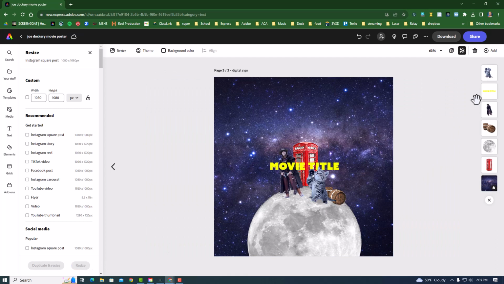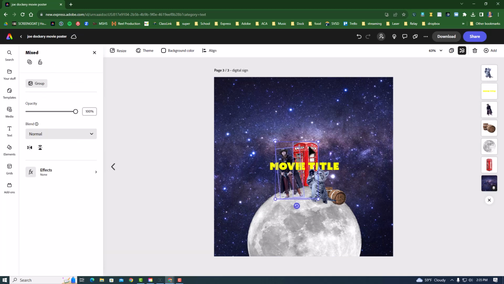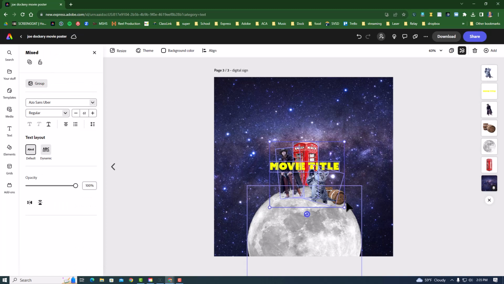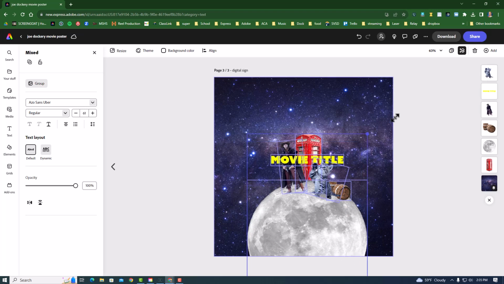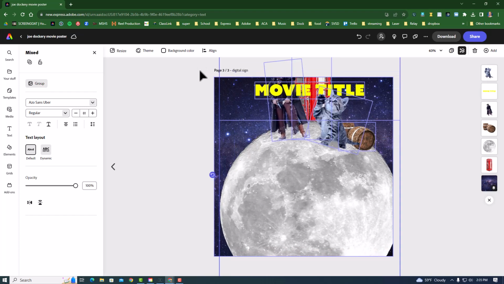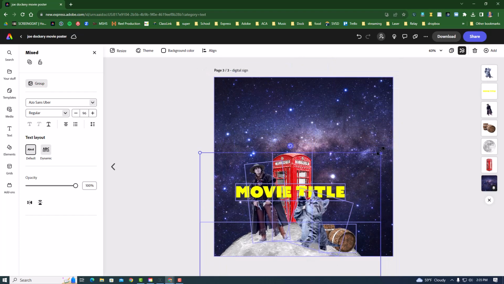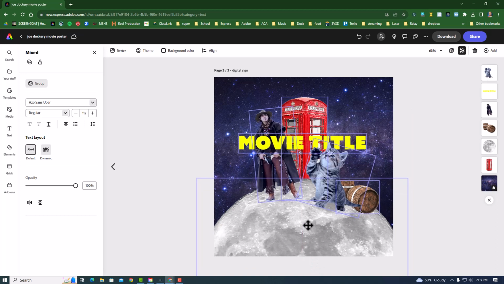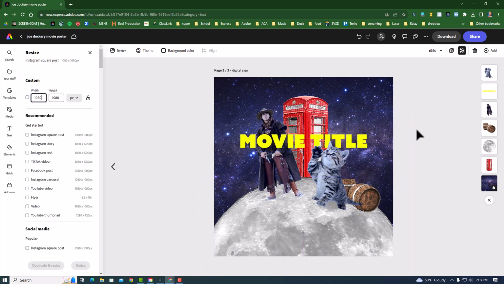And here's another thing that is super easy and a good idea to know how to do. If you click on something and then hold shift down, you can select other things. So I'm going to select all of my different elements here, get them all together. And now I'm going to stretch them all out. So you can stretch them all at once, move them around all at once, kind of get my Instagram size just the way I want it. So that is an easy way to work with different pages. And let's change the name of this one. This is going to be my Instagram